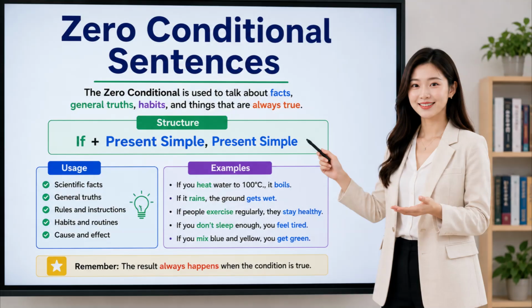My comment for learners is that the zero conditional is one of the easiest conditional forms to learn because it focuses on facts and reality. Once you understand this pattern, it will be much easier to learn the first, second, and third conditionals later. Keep practicing by making your own examples every day, and don't be afraid to use them in conversation. The more you practice, the more natural your English will